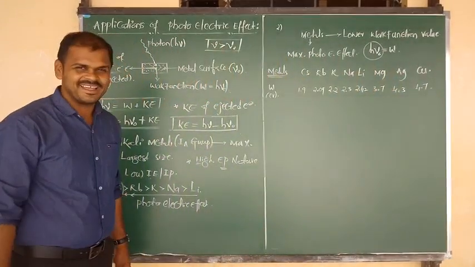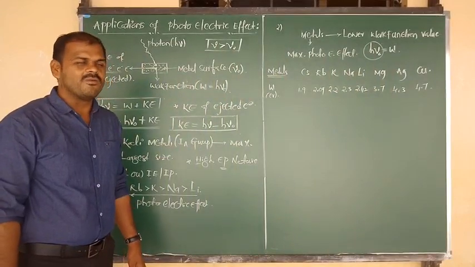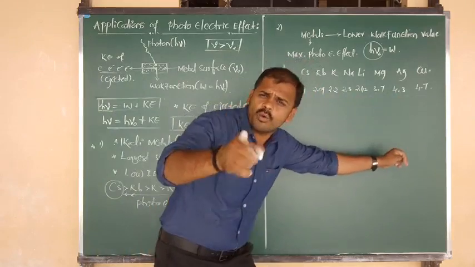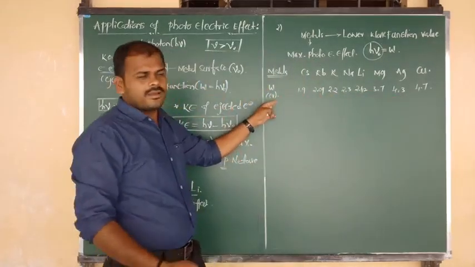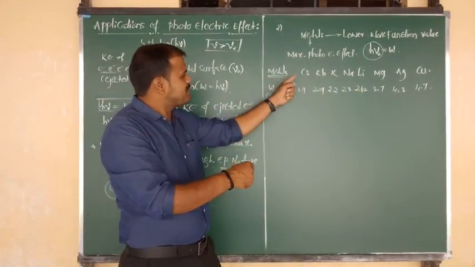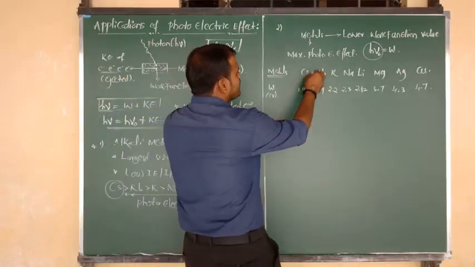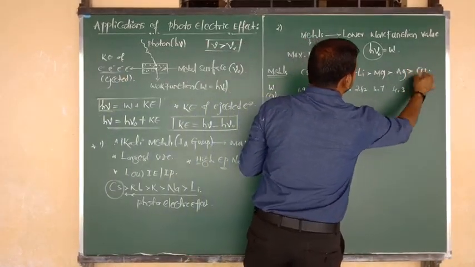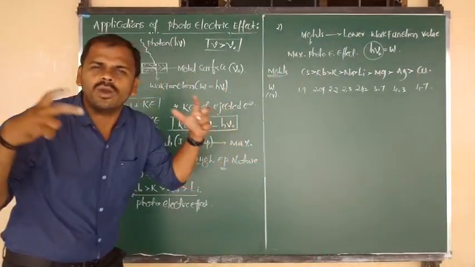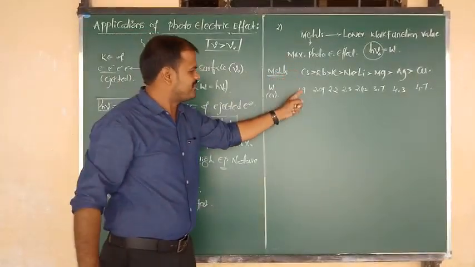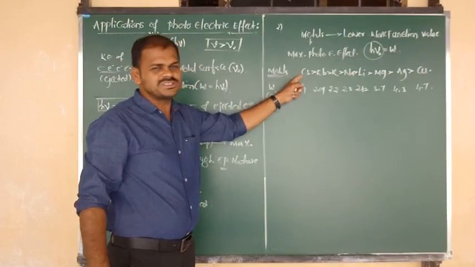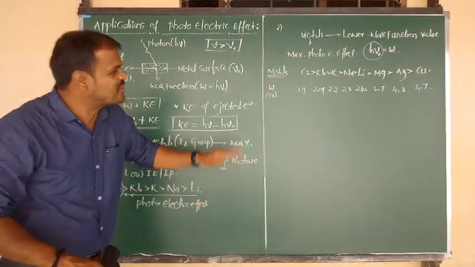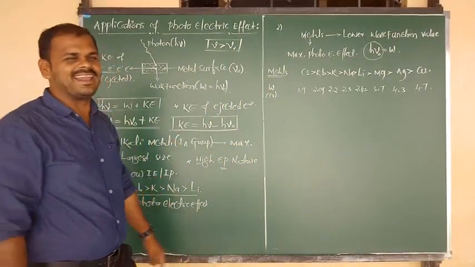In that manner, we have to remember these values. The same order we can consider. This is the increasing order of electron volt values, but in reverse, work function values decrease, so cesium contains a very low work function. In that manner we can also write this is the order for showing the photoelectric effect. Cesium contains a very low work function value, so it will show the maximum photoelectric effect. I hope you understand this information clearly.